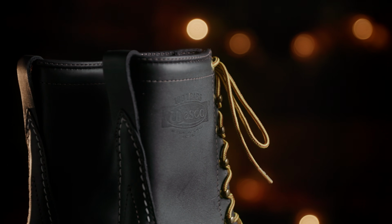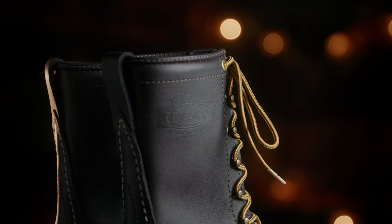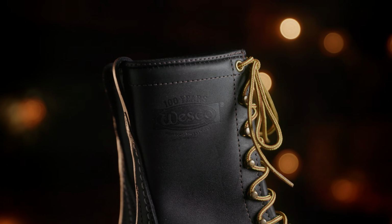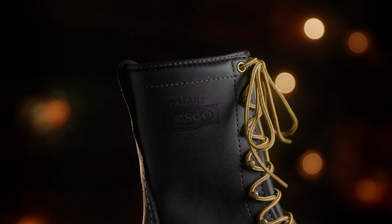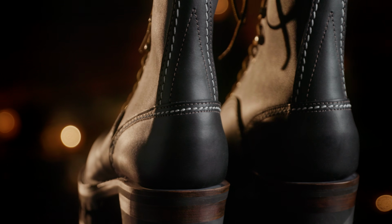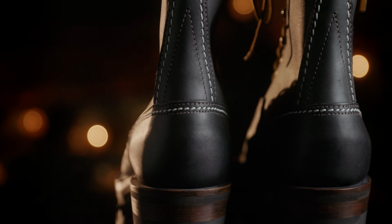The Jobmaster's intended application is right in its name, a boot made to tackle a variety of jobs. Where the Highliner is built specifically with climbing in mind, the Jobmaster is much more of a jack of all trades, being able to handle almost anything you could throw at it. And this also makes it a great boot to wear casually, since you're not dealing with unnecessary slabs of leather